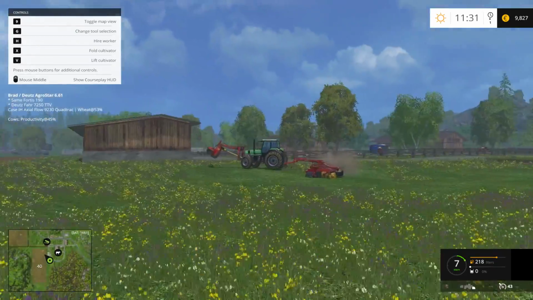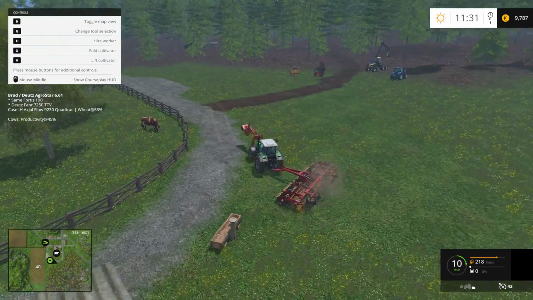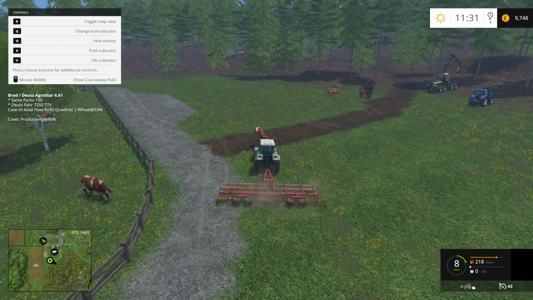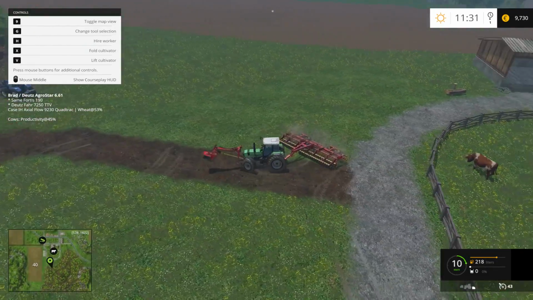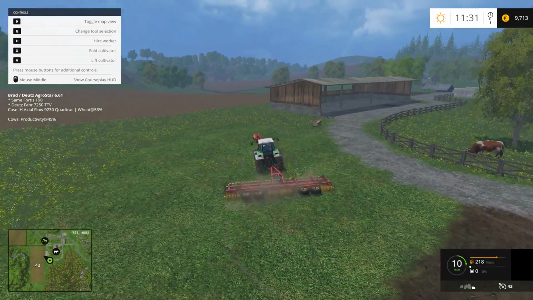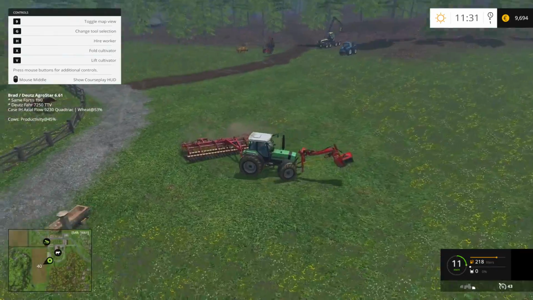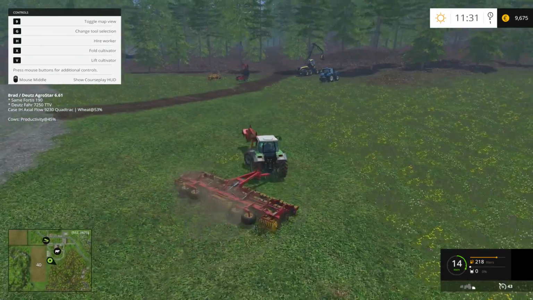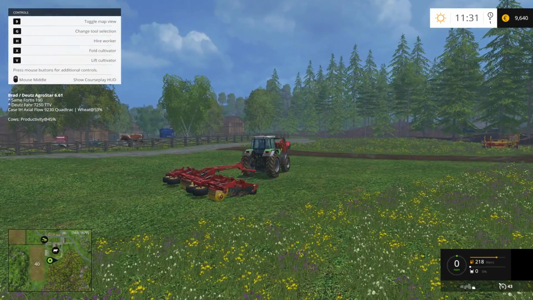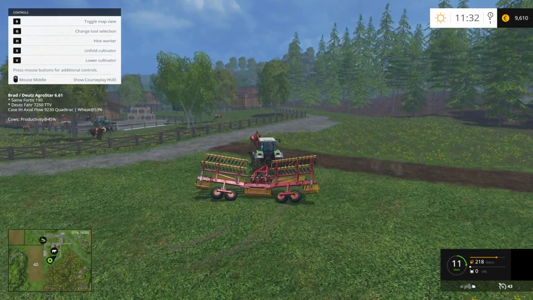Uh-oh. So we got a little bit of a hill there. So we're going to need to go over that again, just to make sure that it gets cultivated properly. And we'll do one more little loop around here. That should be enough to get it done. All right, there we go. Okay, so we'll fold the cultivator up,